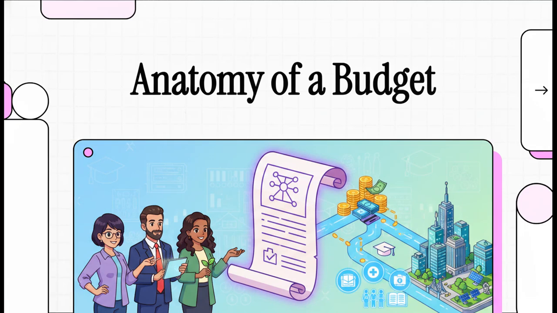Welcome to this explainer. Okay, so today we're going to dive into this fascinating journey of how a government actually manages its money to, well, shape society. We constantly hear the word budget thrown around on the news, right? And usually it's accompanied by a ton of jargon and these super complex charts. But at its absolute core, a national budget isn't just math. It's really a master blueprint for a country's entire future.